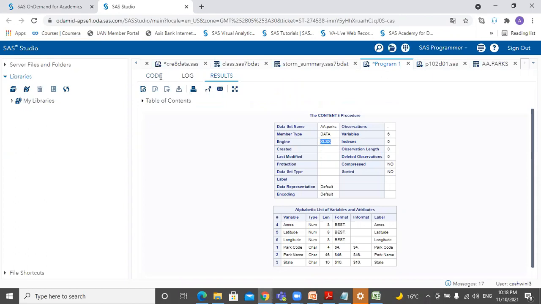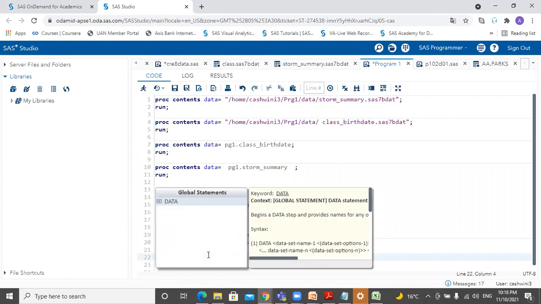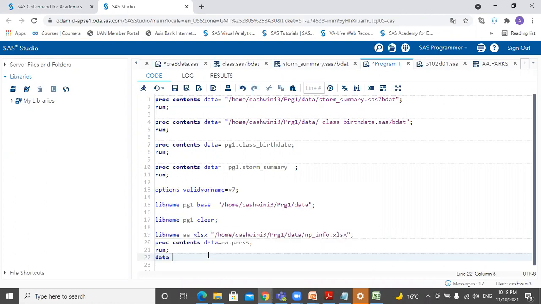But in case you want to save it as a SAS file, what you can do is you write a data set and I say I'm creating a file with the same name. I'm using this as an input source.